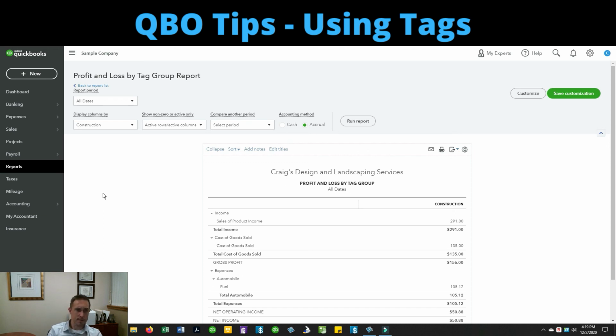Other grants have similar things, so you want to make sure that you're not double dipping, saying this expense is being used for PPP forgiveness and this is for this other grant support as well. You can't double dip. So using tags can help you split those things out so you're not double counting something somewhere. So tags, it's a new feature.